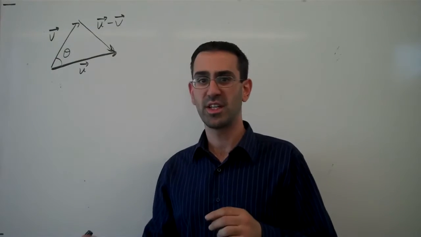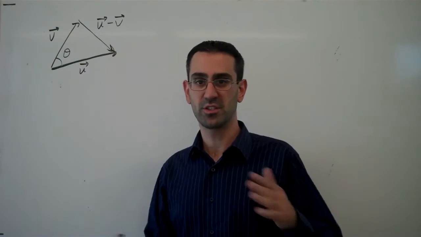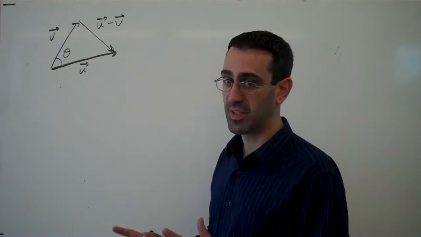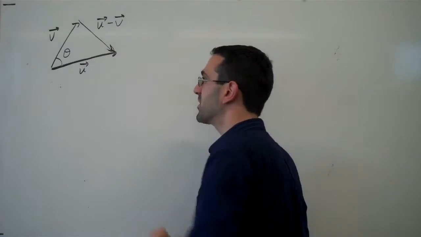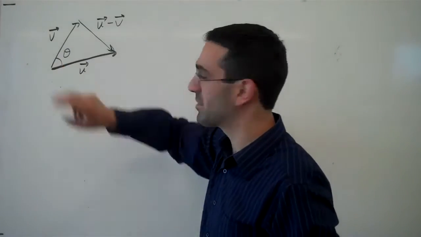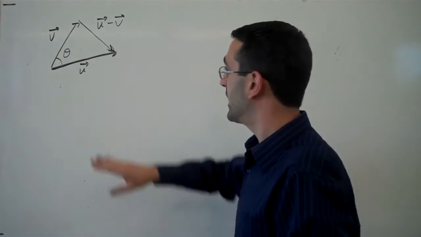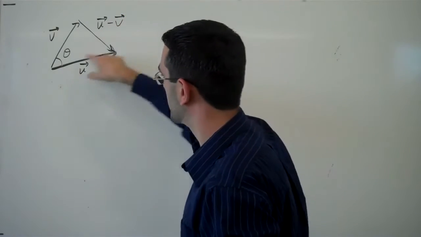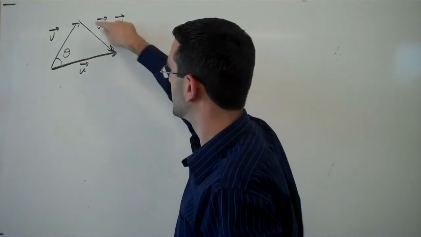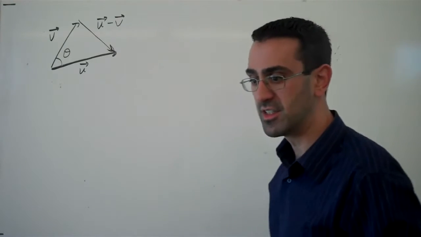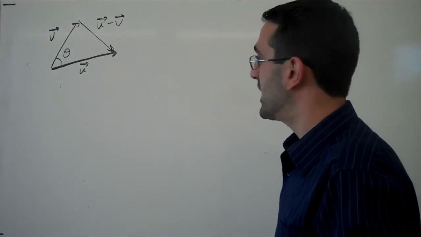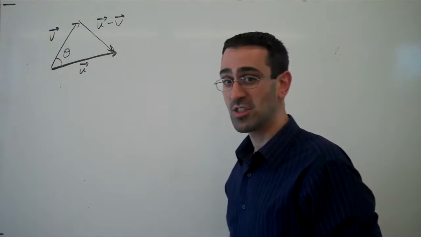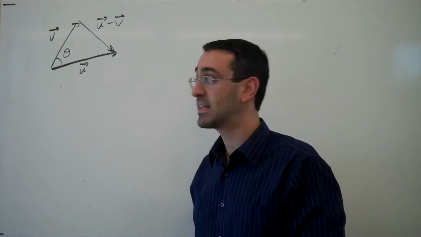If you're curious how the component form of the dot product is related to the geometric form, let's take a look at where that relationship comes from. So here we've got vectors u and v with some angle theta between them. And suppose then I find the difference between these vectors, so u minus v is this vector from v to u. So now we can use the magnitudes of these three vectors along with law of cosines from trig to